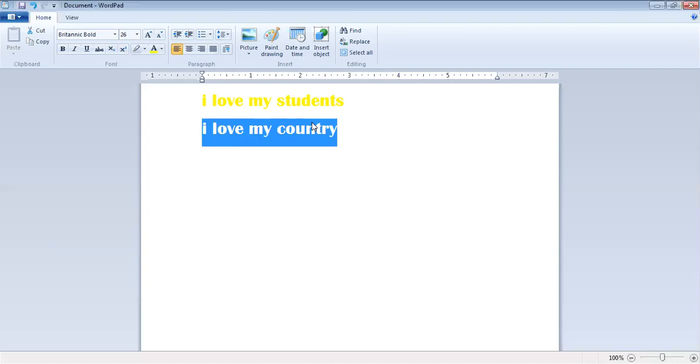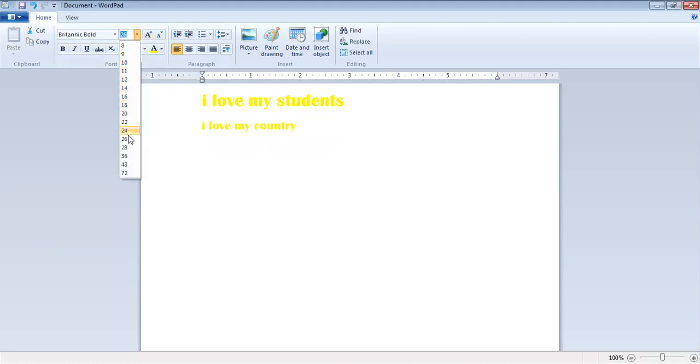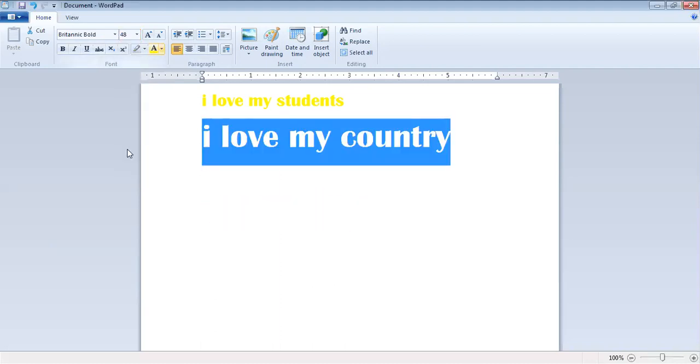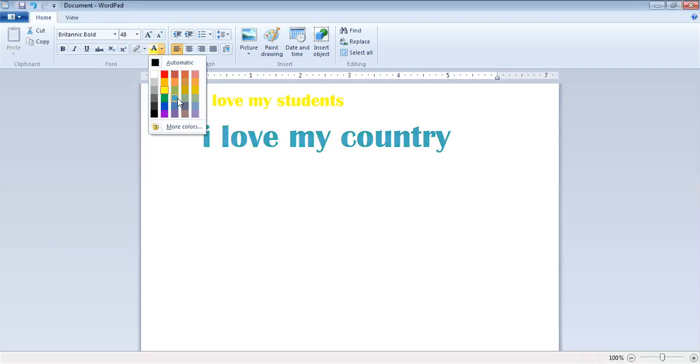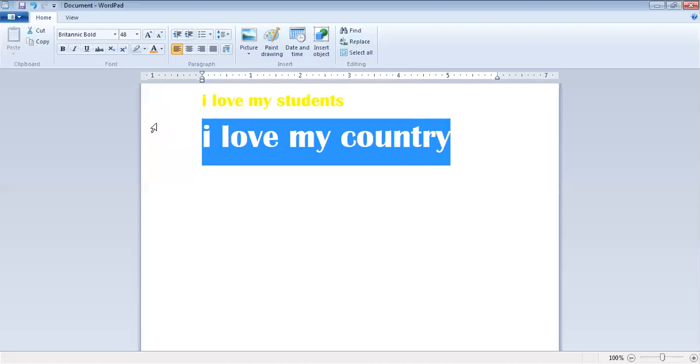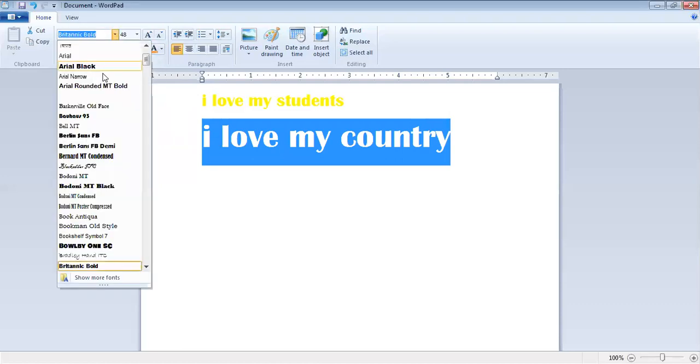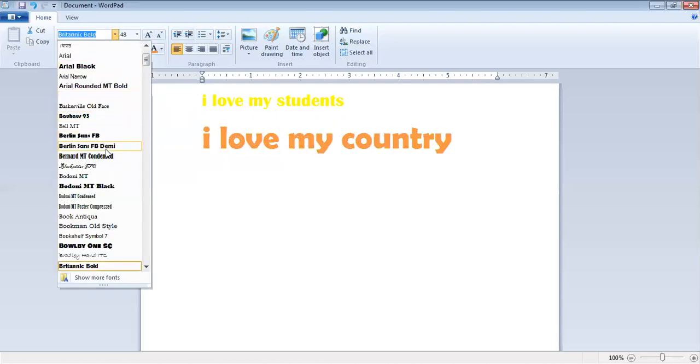We always say practice makes a man perfect. So practice this at home and then click over here. After clicking over here, change the size, whatever size you want, choose it. Change the color. I'm not liking yellow color. Change it into an attractive color, whichever color you want. There are a lot of colors. I've changed it into orange color, and then I can change the font family also. Whatever style you like, you can change it. There are different styles through which you can change it.